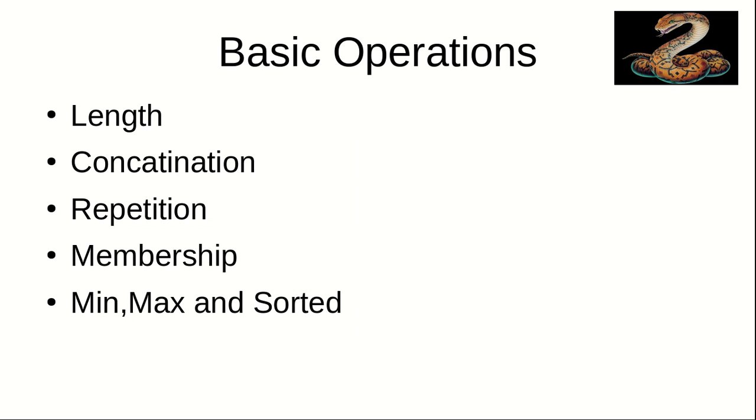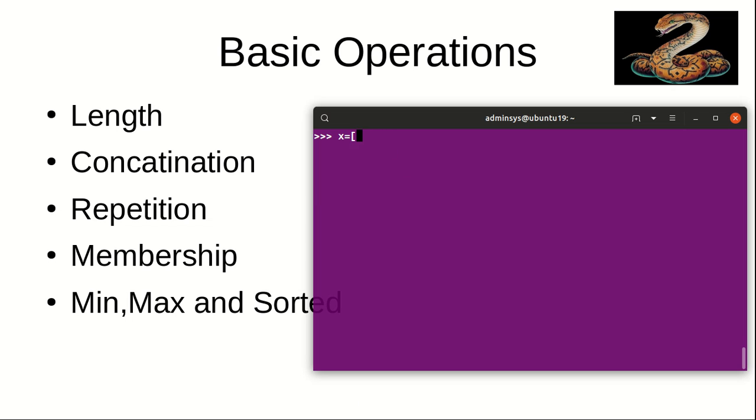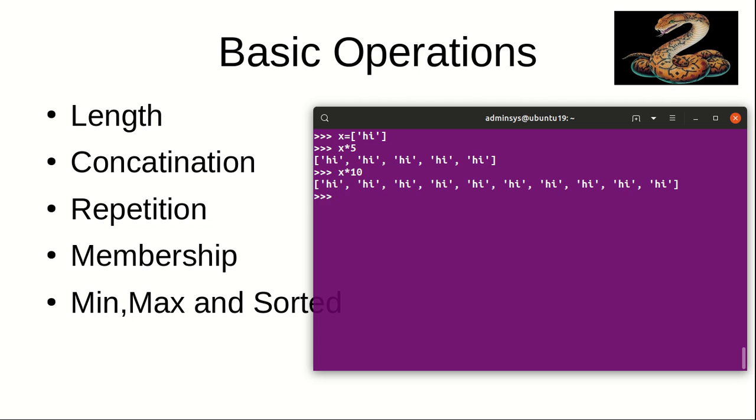And next we have repetition. Repetition means repeating the same value multiple times. Suppose I create a list and write hi. So I have created a list with the element hi. Suppose I want to repeat this hi element multiple times, let's say 5 times. In that situation I can write x into 5 and it returns hi 5 times. Basically it returns n number of times, so it can do repetitions based on how many times you give.